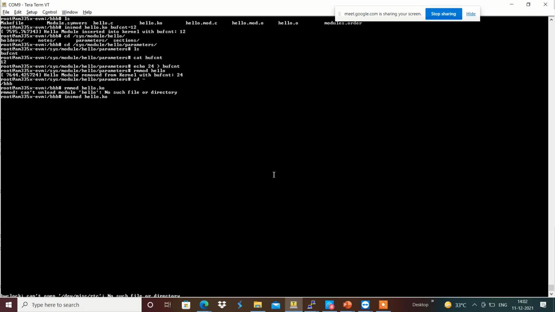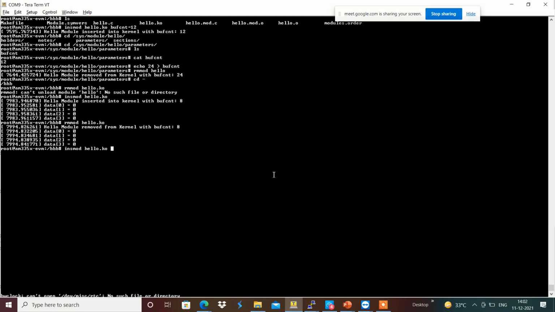Without that, it has been initialized with all zeros. And if we provide it the same way, like insmod and data equals 0x01, 0x02, 0x03, 0x04.